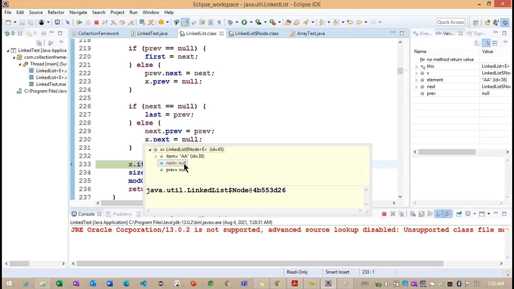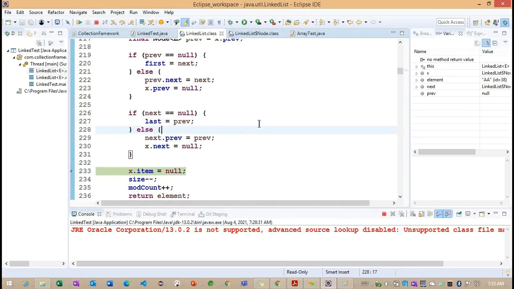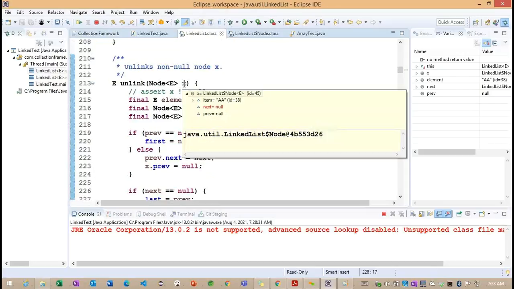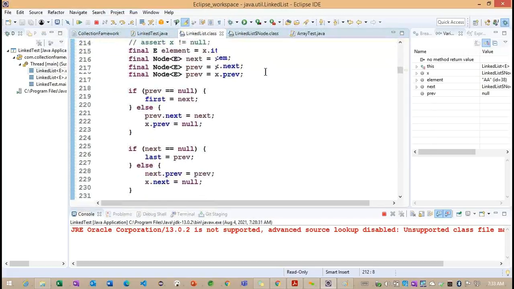Whenever we are calling remove here, what we are doing internally is removing the node's information. Based on the node's information, this particular node is going to be removed here. But now this particular node is not pointing to any references, only the item we are having. There are no references here.